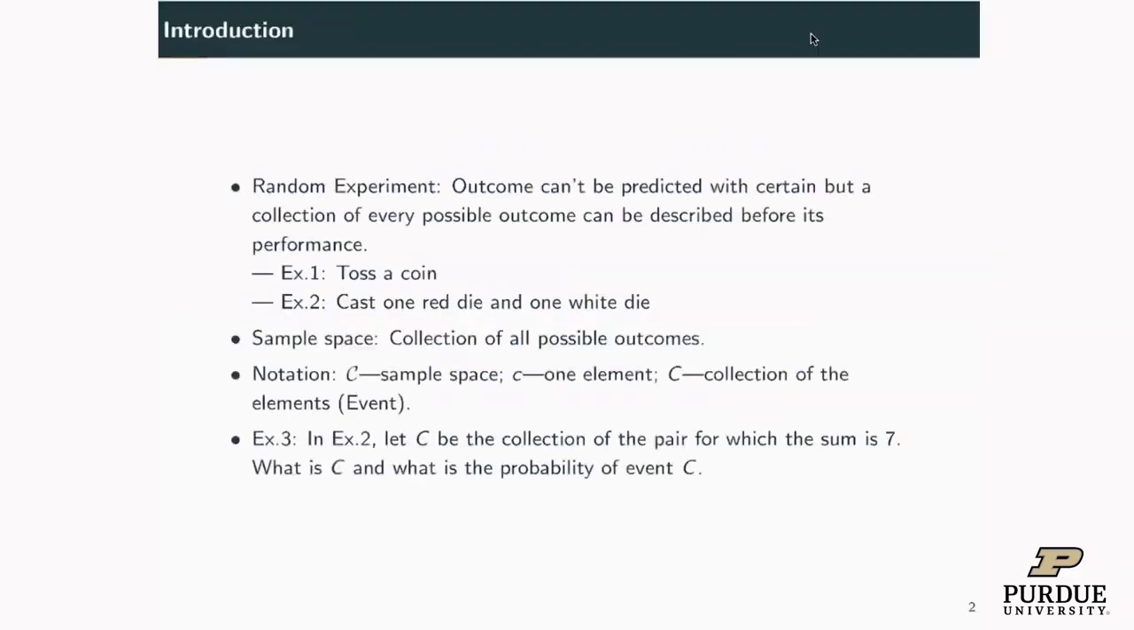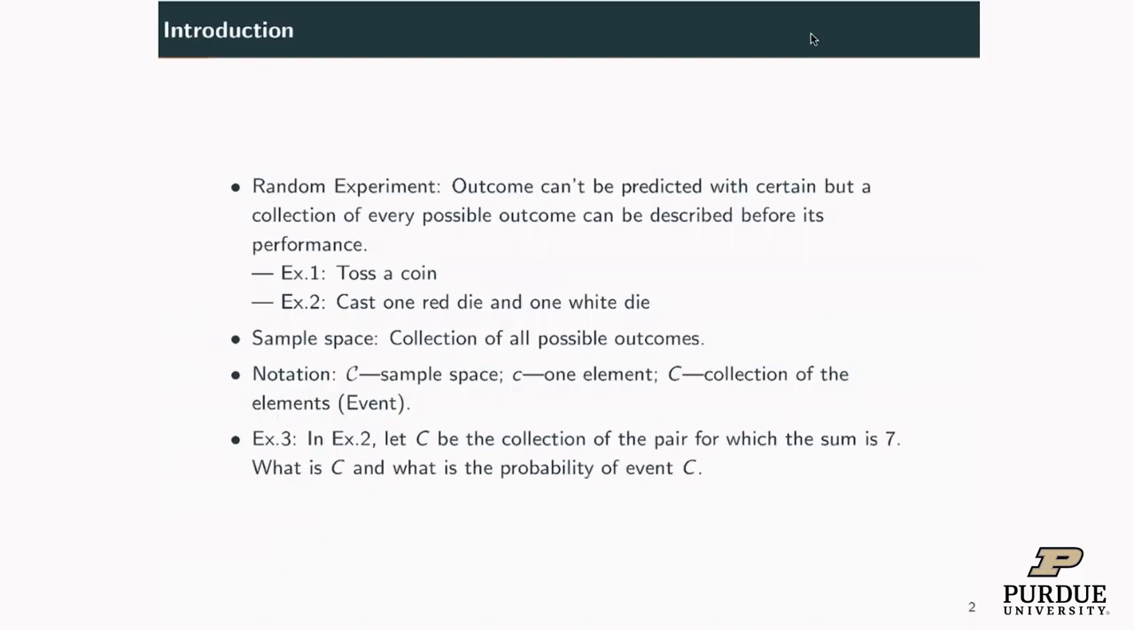Classic probability. Before we talk about probability, we need to talk about random experiments. For random experiments, the outcome cannot be predicted with certainty, but a collection of every possible outcome can be